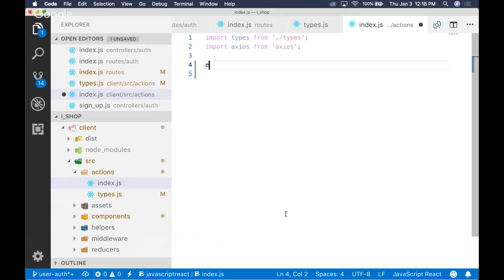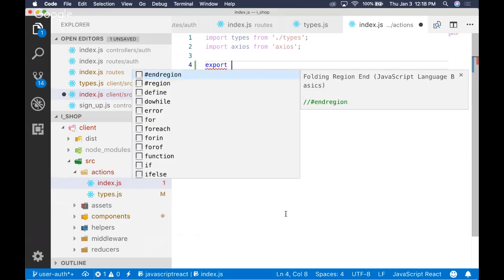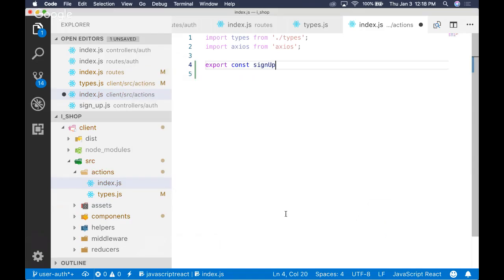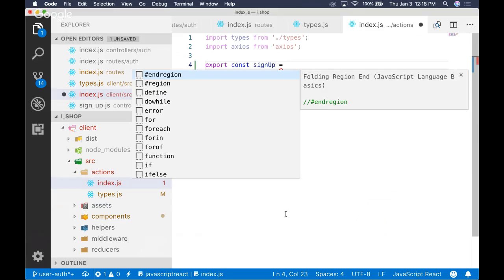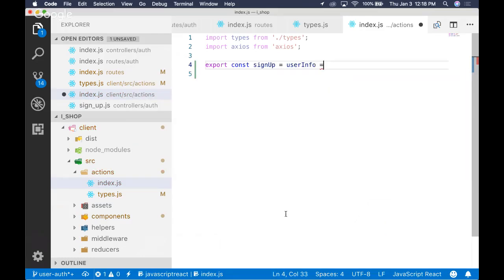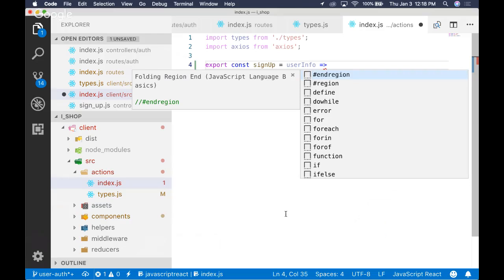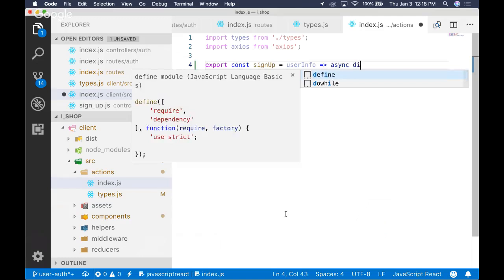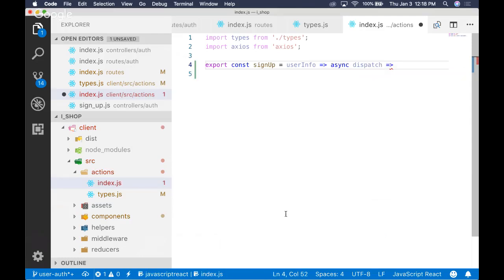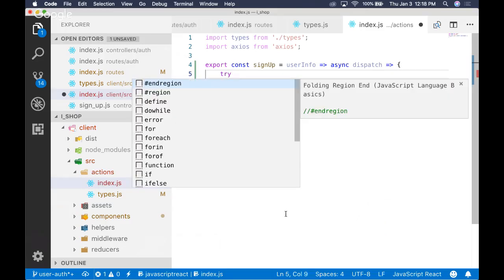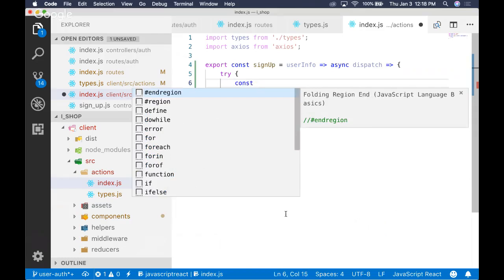And we'll do export const signUp equals user info, an arrow function that immediately returns another function that is async and that will get dispatch passed to it. And then in that function, we'll do our work. And we'll say try to do something, which will be const response equals await